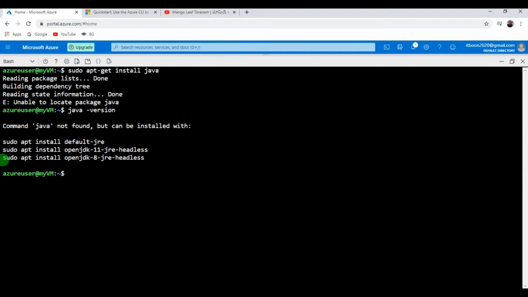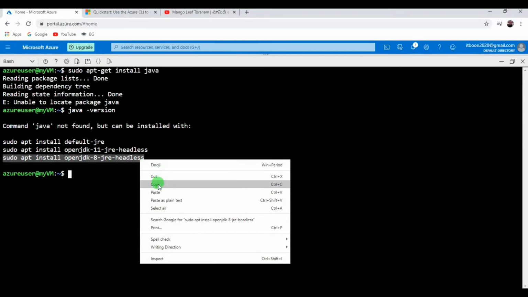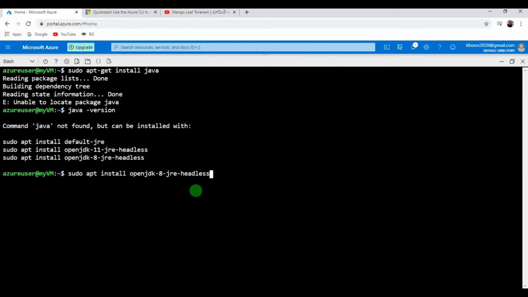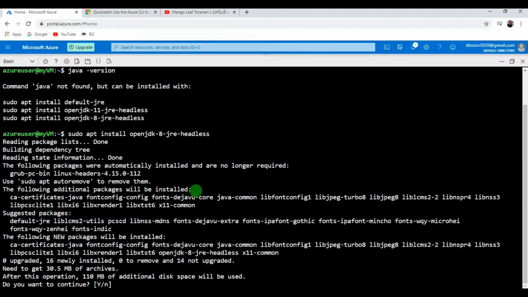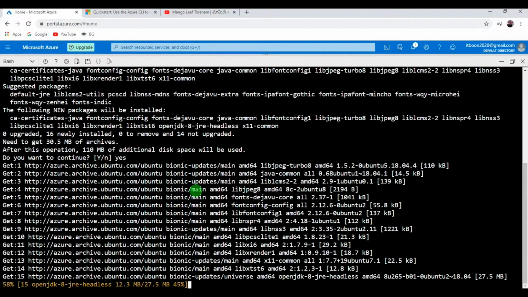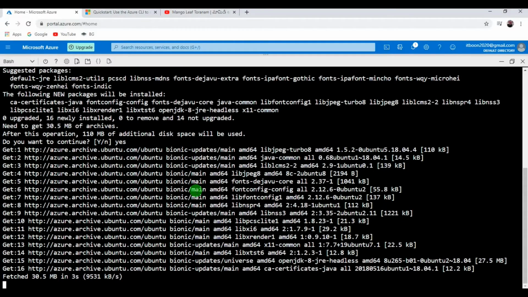So for this one I will use Java 8. Sudo apt install openjdk-8. Copy this command, paste it, enter. Let's say yes. So it will download Java and install.